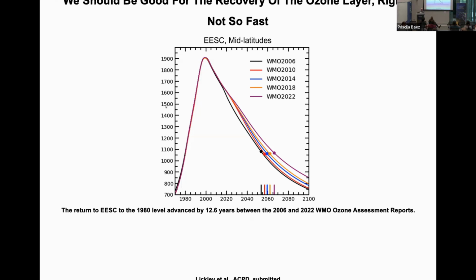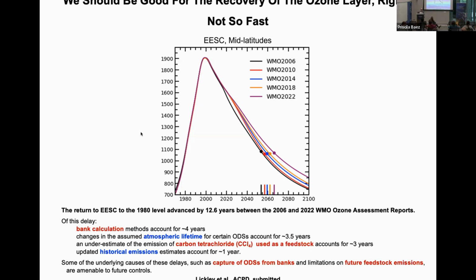What we're showing here, and I'm sorry I didn't put the word mixing ratio here, my bad. I just extracted one panel from a 4-panel or 6-panel figure. This is the mixing ratio in parts per trillion of this quantity EESC. Now, what we're showing here is the projection that occurred in 2006, back when all the world scientists got together and came up with an estimate. And 4 years later, in red, then blue, gold, and purple.